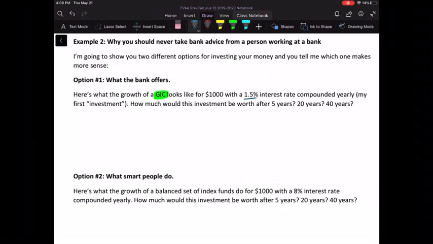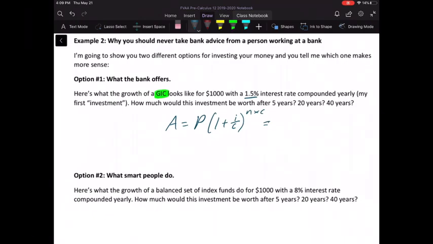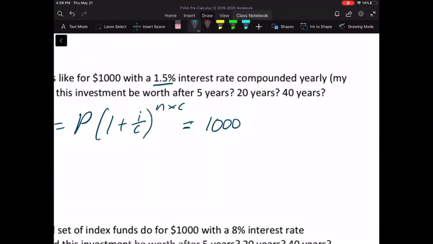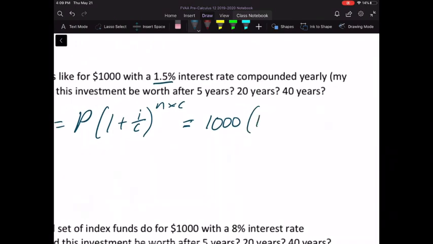Okay, well, the equation for this we saw earlier was A is equal to P times 1 plus the interest rate over the compounding period, to the power of the number of years times the compounding periods. Here A is the final amount that you're going to have, and P is the initial amount you're going to invest. So if I put in $1,000, now that is 1 plus